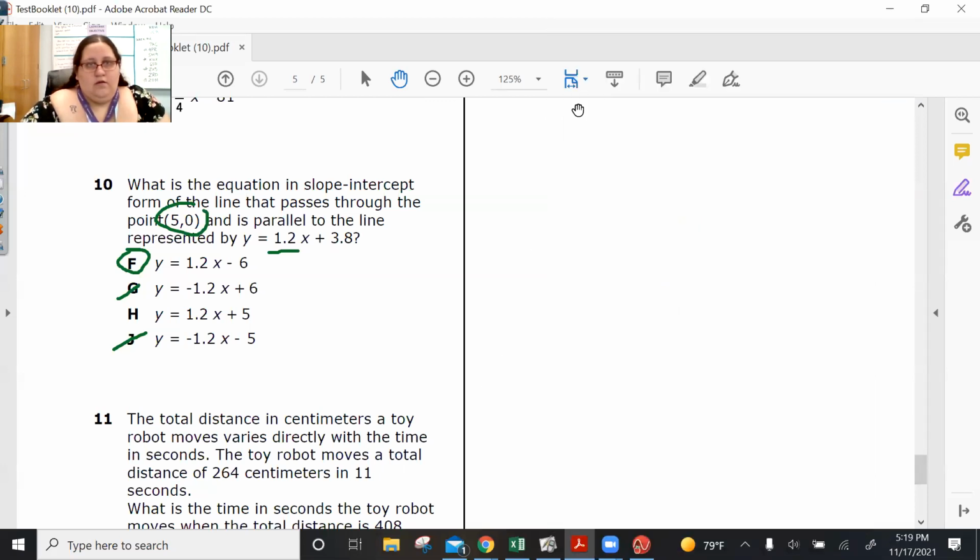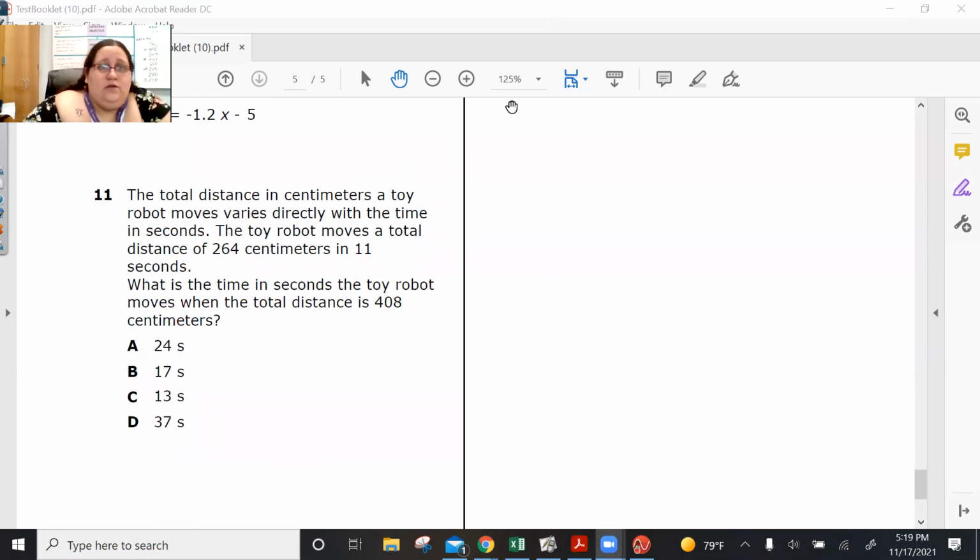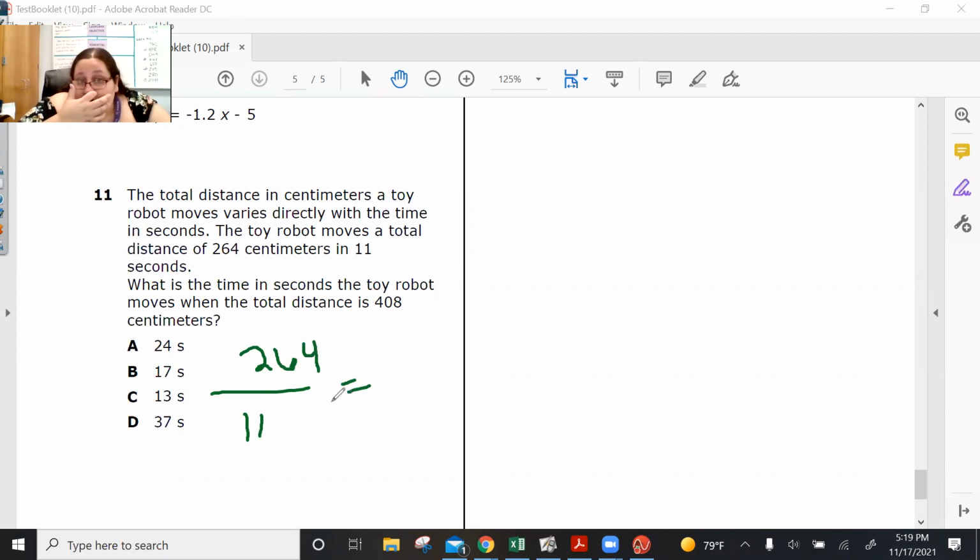Okay, we'll go ahead and give you a second to type that in. Let's go to our last problem. This one is really our last problem because I messed up before. And this is direct variation. The total distance in centimeters a toy robot moves varies directly with the time in seconds. So distance is our Y, seconds is our X. So Y over X. And it says the toy robot moved a total of 264 centimeters in 11 seconds. Distance over seconds. What is the time in seconds that it can move if it goes 408